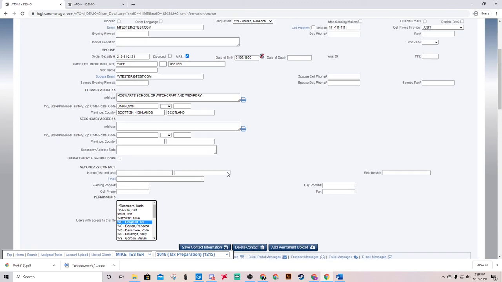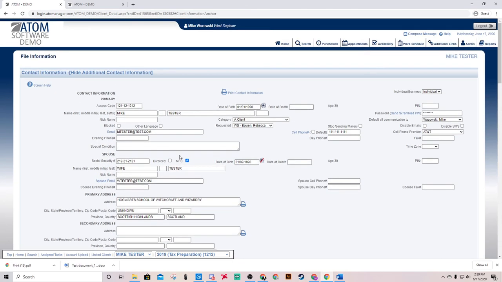So that is it on the different fields of information within the contact information section in a client file,